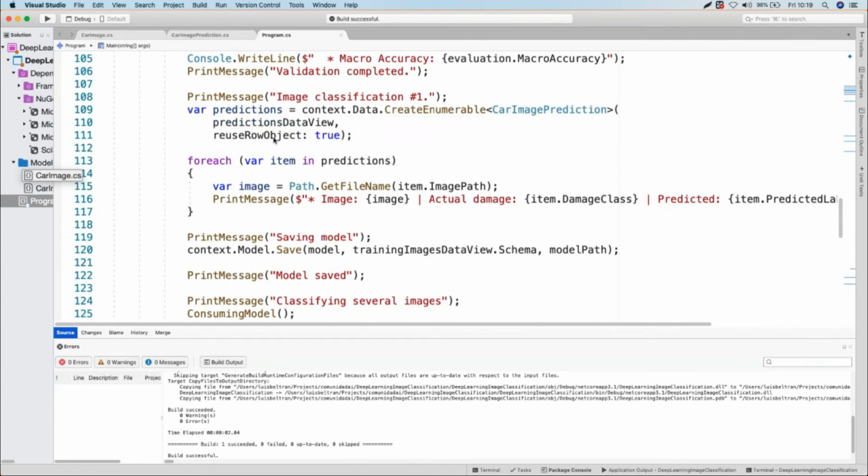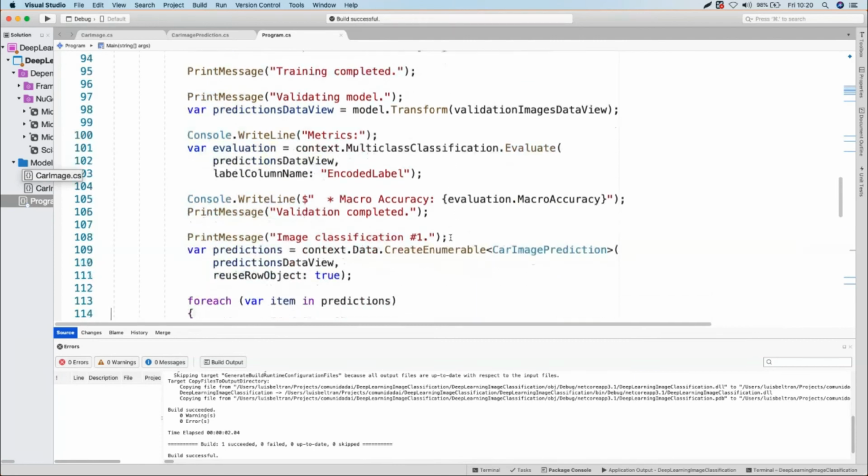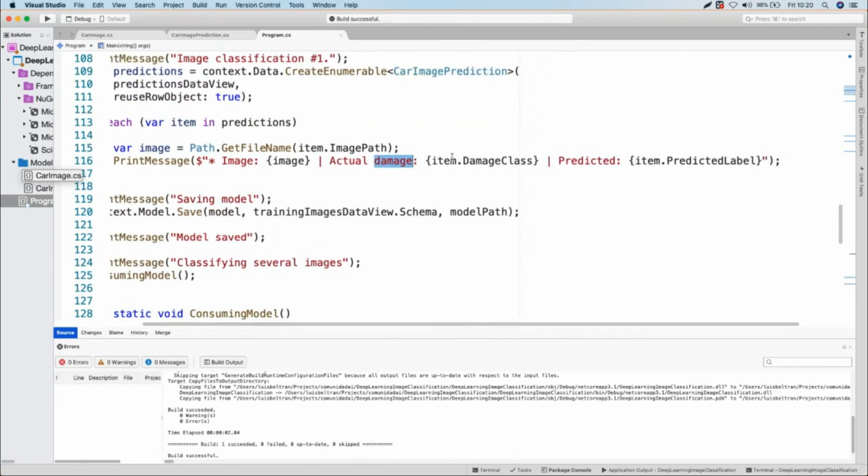Yes, in this case, you can see that I have a predictions data view, which is from a different path, actually. No, actually, this is still part of the validation. Sorry. This is part of the validation. So we are comparing the actual class. This is supervised learning, so I know this data, and what the model said. Yes, so you can see if this was correct or not, if this was successful or not.